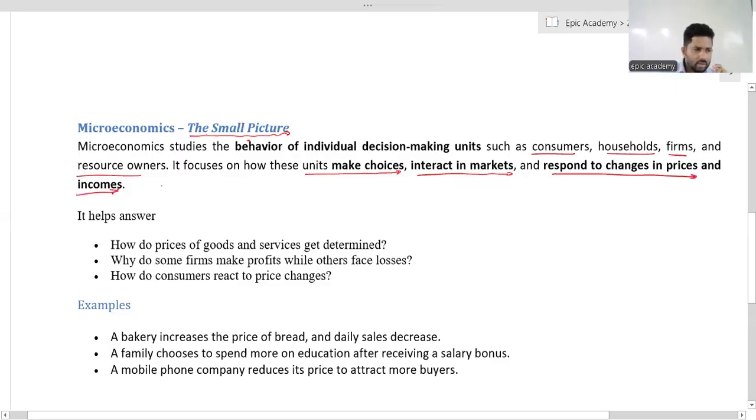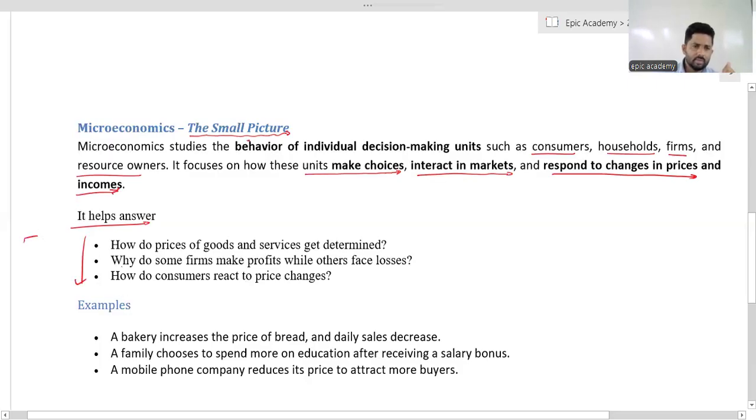It is tiny activities, tiny concepts that we describe in microeconomics. It helps to answer: how do prices of goods and services get determined? Why do some firms make profits while others face losses? Some companies make a profit, but others cannot. How do consumers react to the prices? Small activities, individual behavior, and individual decisions are described in